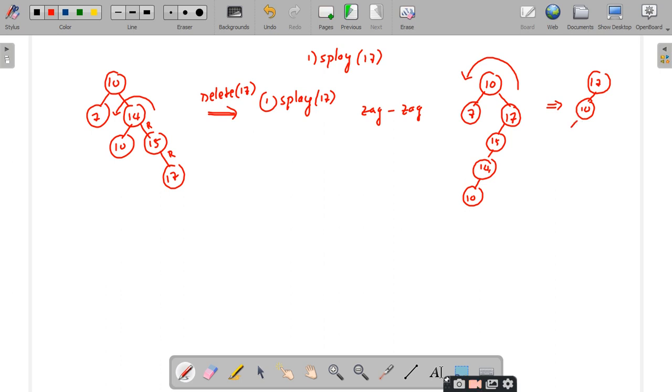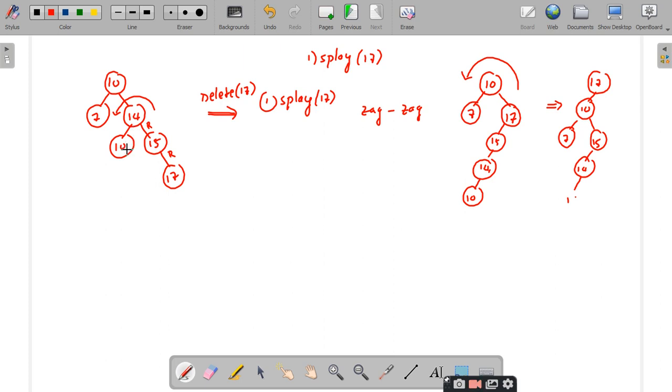And left of 10 will be 7, sir. What happens to the left child of 17? 10's right will be 15, 14.